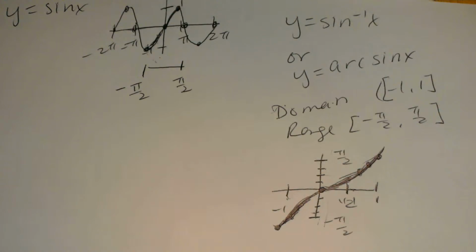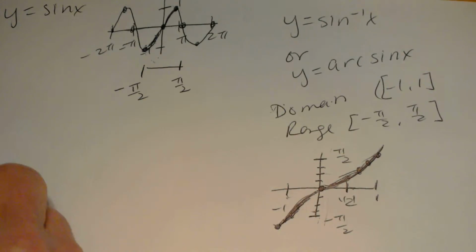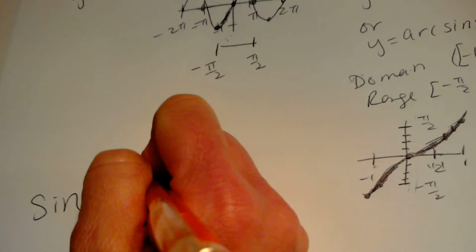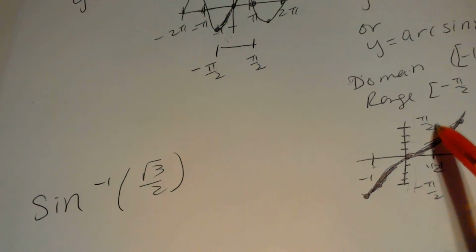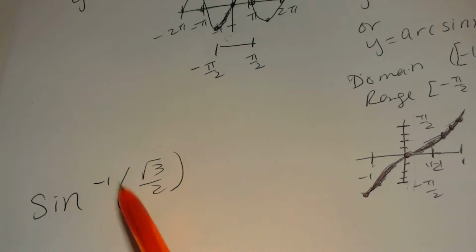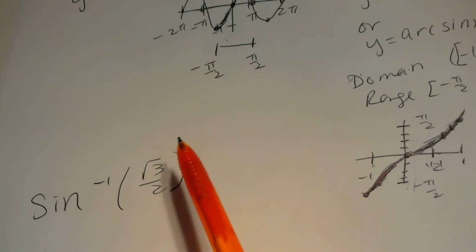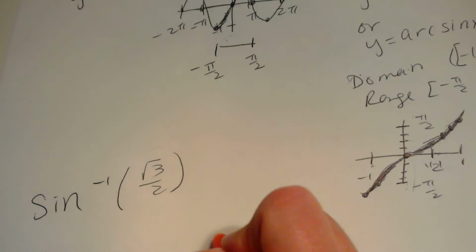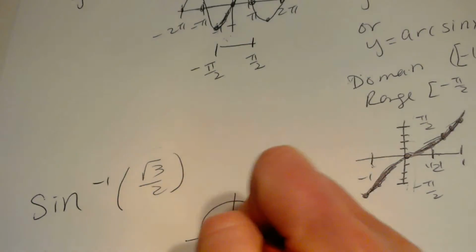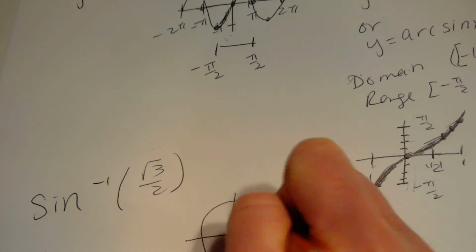Before I go on to cosine, let's look at, what if I wanted to know what is sine inverse of root 3 over 2? Okay, we just kind of talked about it. We're looking for what angle would give me this. So what angle would give me this? If I'm thinking of my unit circle,